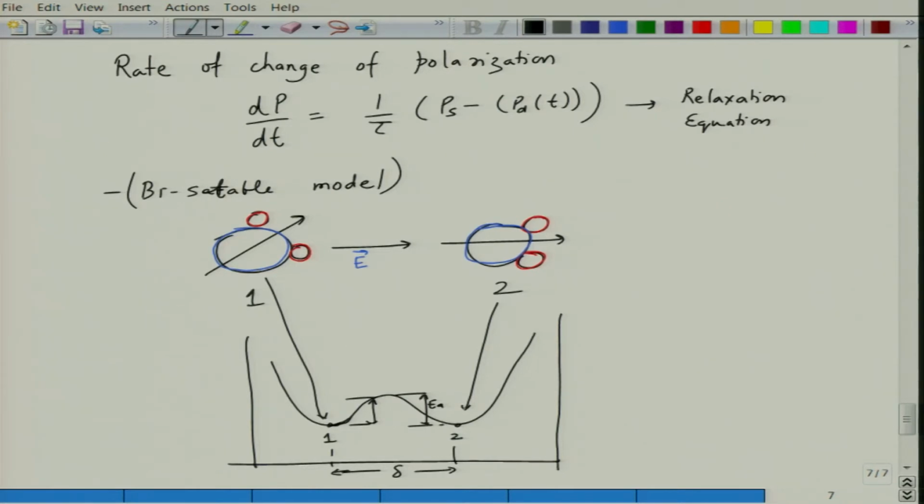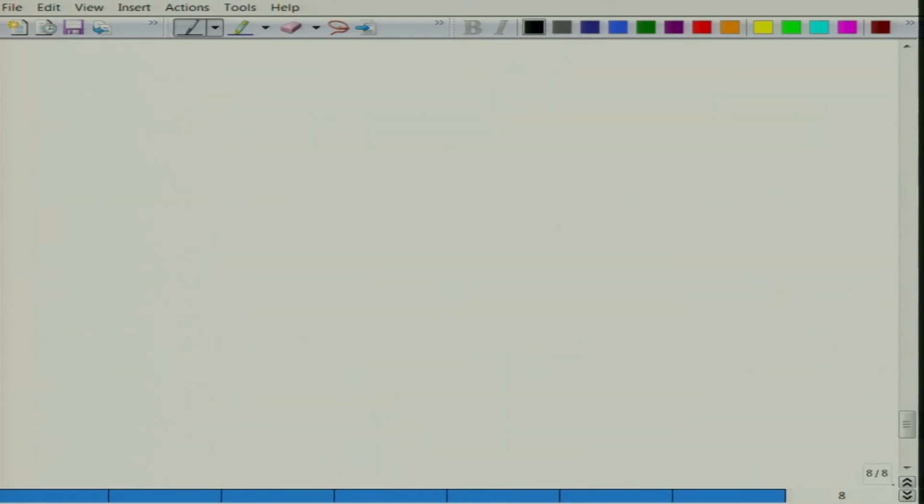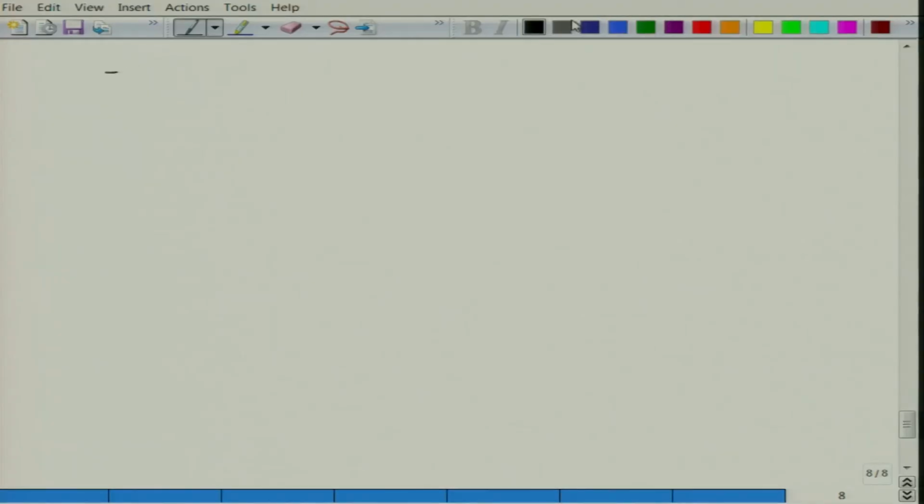So, when you apply an electric field to such a polar material, then ions hop from one position to another position. So, this could be, for example, in glasses you have silver ion conductors, sodium ion conductors, etc. It could be dielectrics, it could be ice structure or water molecules. Various materials which are polar in nature will show a similar kind of behavior.